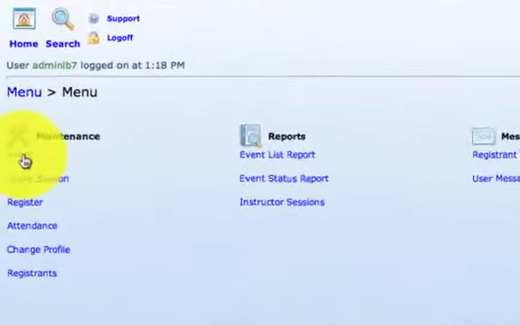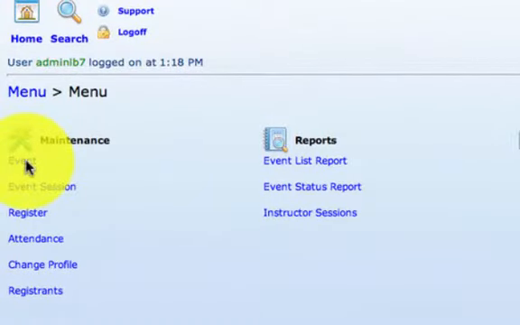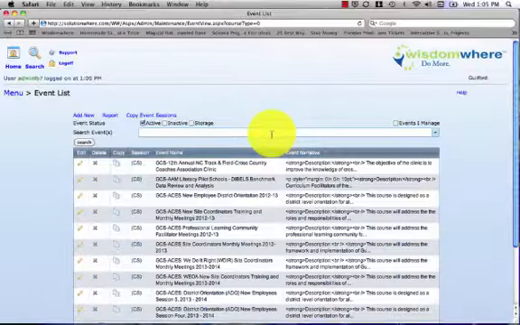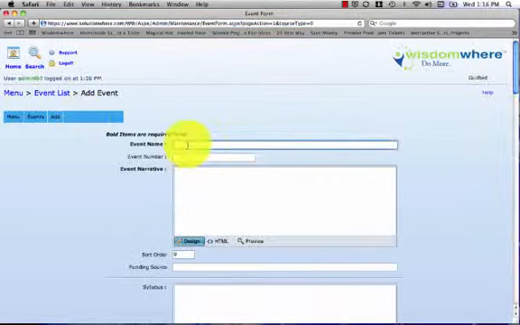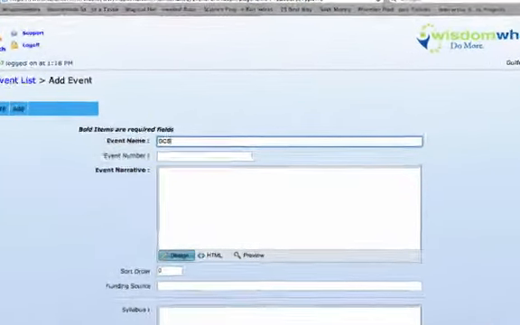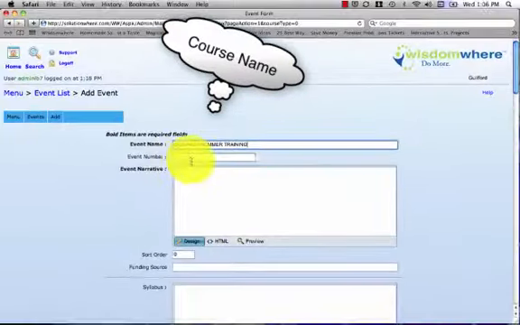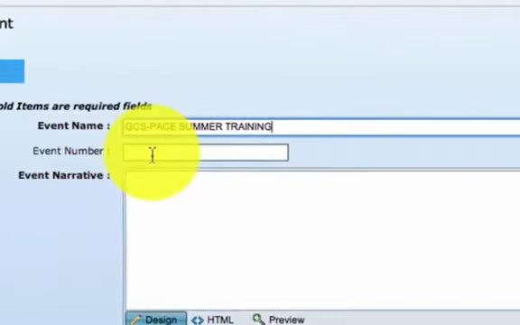You want to choose event if you're creating an event. Then you'll see up here at the top it says add new. If you already had events, they would be down here, but if we're creating an entirely new event for a new training, you would click add new. So I'm going to create a mock one for our summer session. The prefix that our team always uses is GCS PACE Summer Training, and the event number is going to be assigned by someone at professional development once they approve our